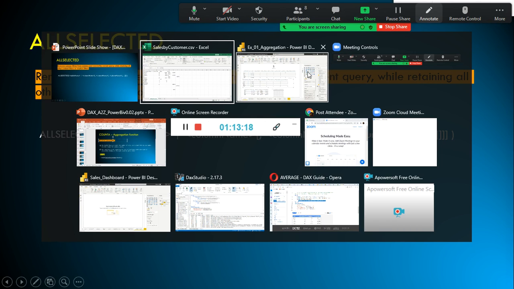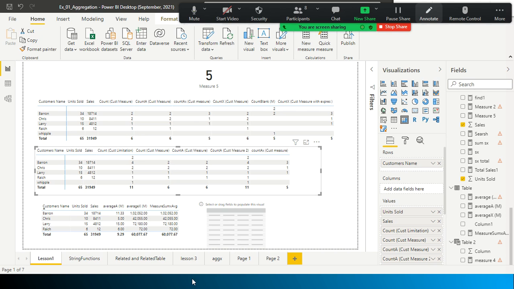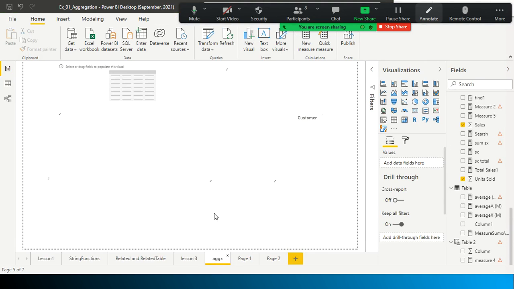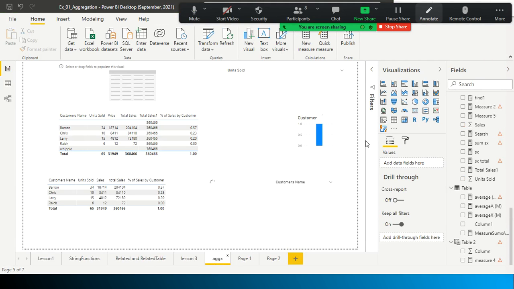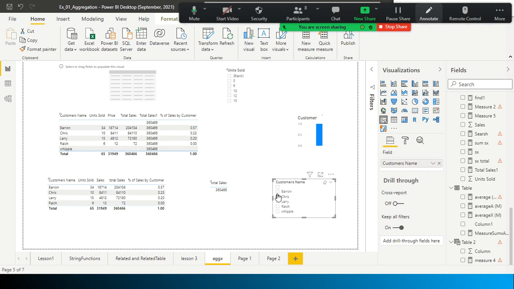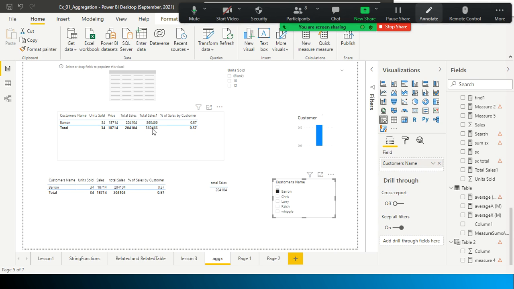So what do you mean by rows and columns? What is your understanding? I showed you, right? So here, in the sumx example I showed you, in this case, say total sales one, right? So here when I use the external filter, customer name, right? This is the external filter. Though when I use the external filter, the total sales one remained as it is. Look here.